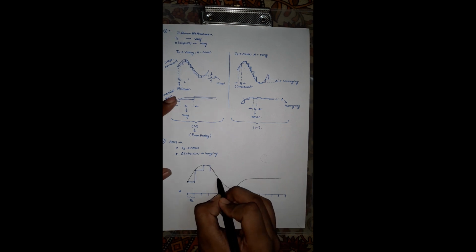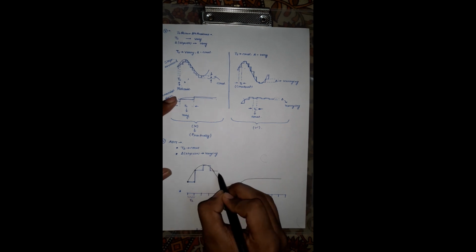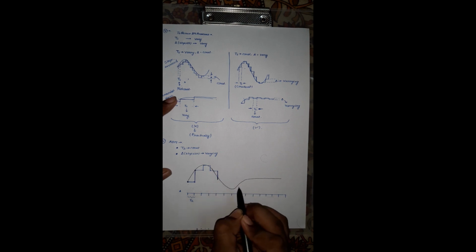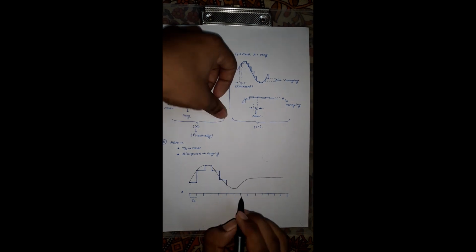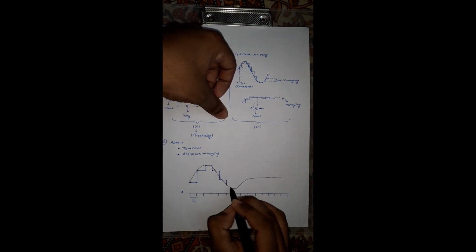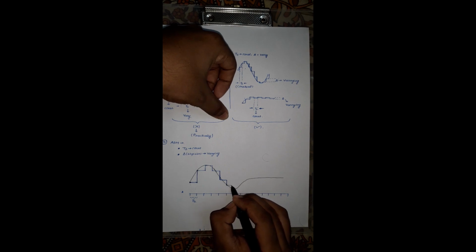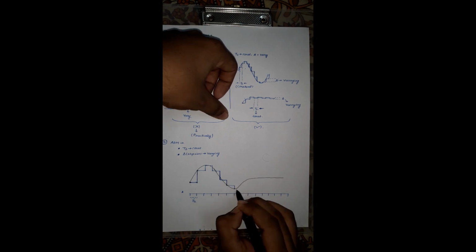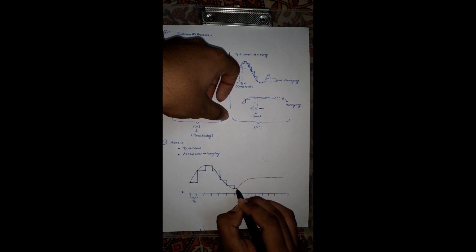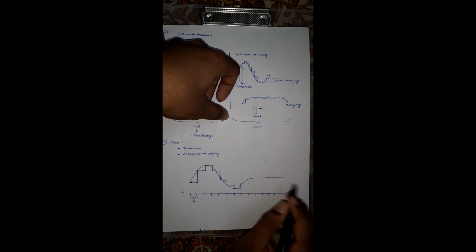And here again it is seeing the amplitude has been varied too much, again it is increasing the step size. Again it is seeing the amplitude has been varied too much, again it is seeing the amplitude has not varied too much. That means the difference of this sample and this sample is not too much, so the step size is reduced. Again here it is seeing the amplitude has been varied a little more, it will increase the step size. Here this will happen, and here after this